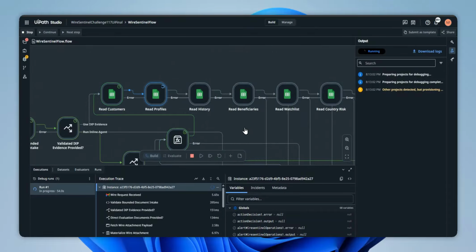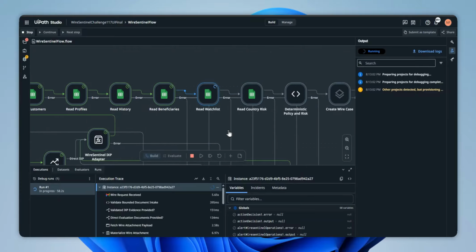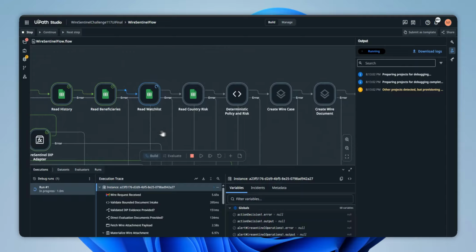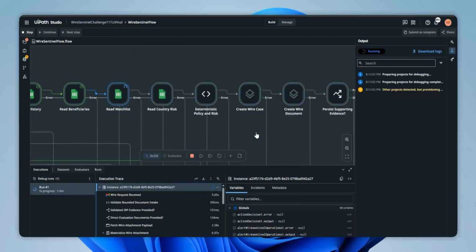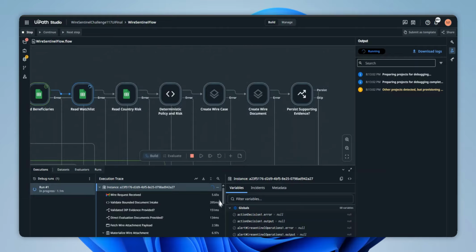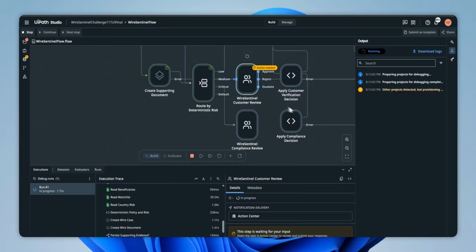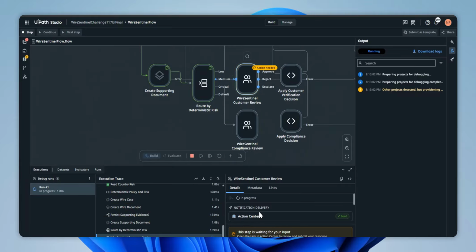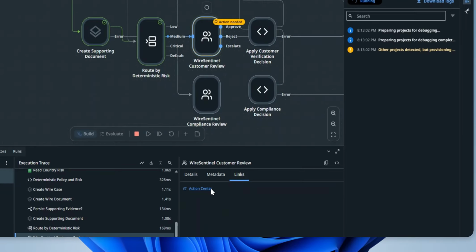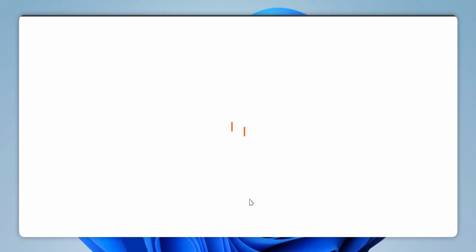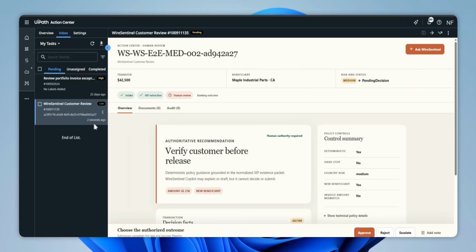then it goes to reading all the spreadsheet information where I'm saving some of the beneficiary information and history information and all that. It is going to go through all the checks, and finally it is going to wait for my Action Center approval. So let's see the coded app Action Center component that I have built here just two seconds ago,